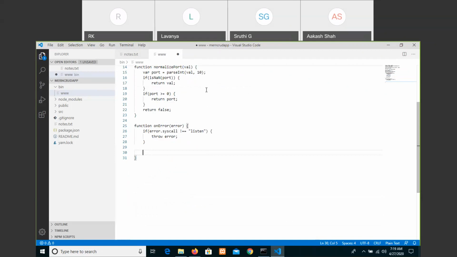Let us write here var bind, and that equals typeof port, and that equals, if it is in the format of a string, then pipe with its port, if it is true, or else if it is false. You have tested here with a conditional statement, or ternary operator.